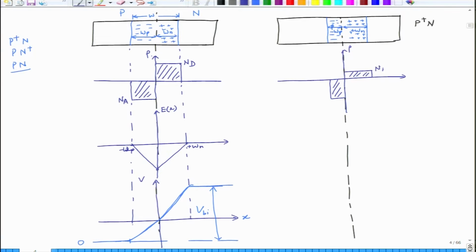So this is Nd and this is Na, and basically we are saying here that the product of Nd into Wn is equal to the product of Na into Wp. So you can see that if Na and Nd are not equal, Wp and Wn will also not be equal. Now if I plot the electric field in this case,